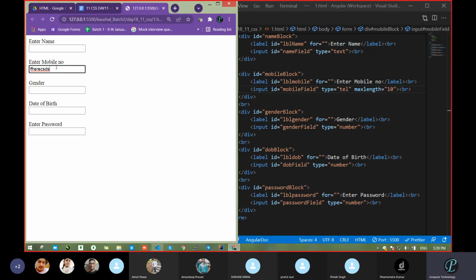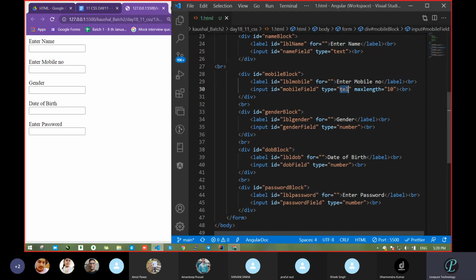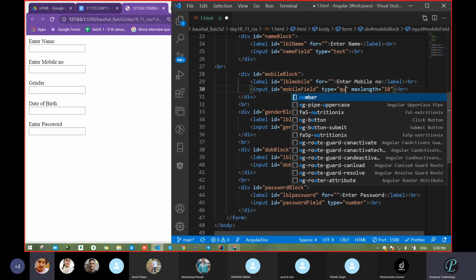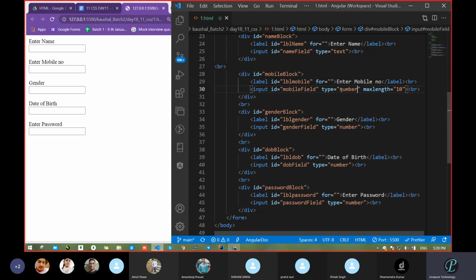Then what is the difference? Is there any difference? Had you observed? No difference. So don't take tel, take number. It will be fine. But here we can take one maxlength property, an attribute. With the help of this we can define the maximum length, how many digits you want. Mobile number should be 10 only, then we can pass that 10.